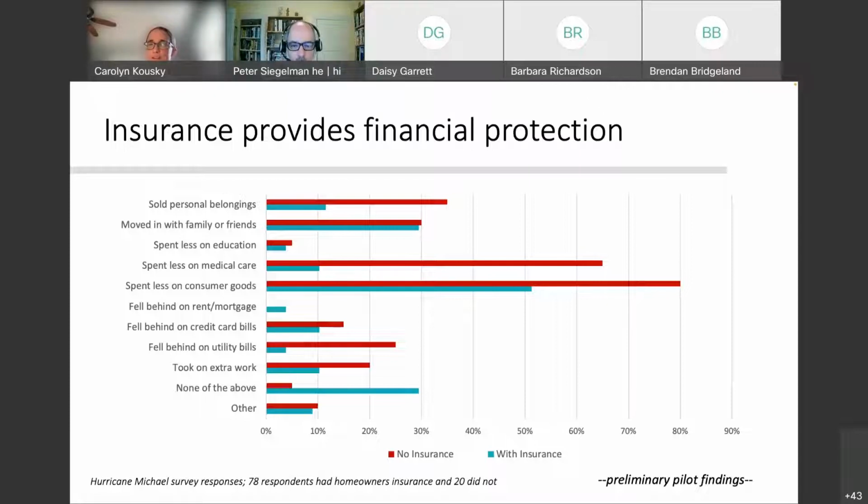So no, I'm not going to say that it's only insurance, but I do think that a lot of this has to do with simply having the money to have a safe home again. And there are many ways you could get money to have a safe home again. Insurance is one of them. I'm focused on insurance in the pilots I'm going to show you in a few slides and in this talk, I guess, because based on everything I just said, I find it difficult to achieve the goal of more equitable recoveries through any of the other channels, by which I mean, I don't see any mechanism to